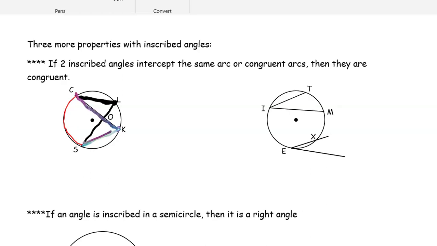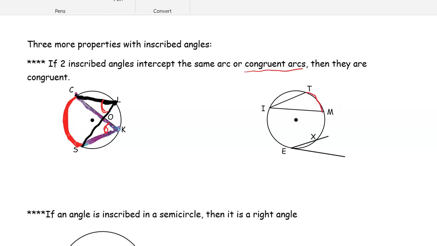And if you notice, this here to this here intercepts the exact same arc. So this one's kind of self-explanatory. If we have two inscribed angles that create the exact same arc, then these angles here and here would have to be congruent. Okay. The other one is saying if we have two inscribed angles that intercept congruent arcs, so